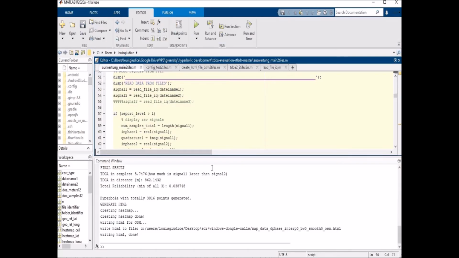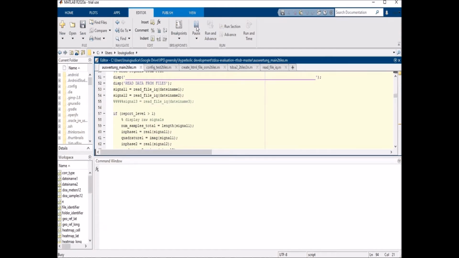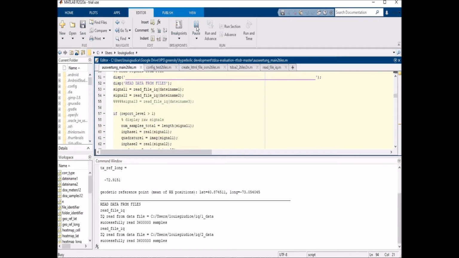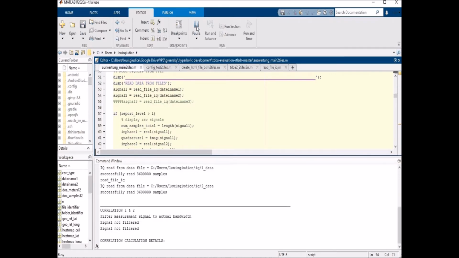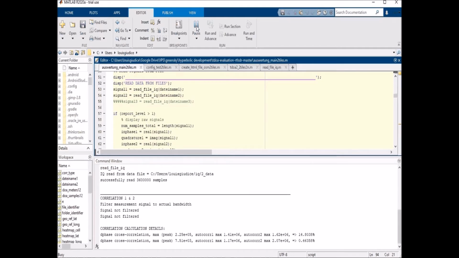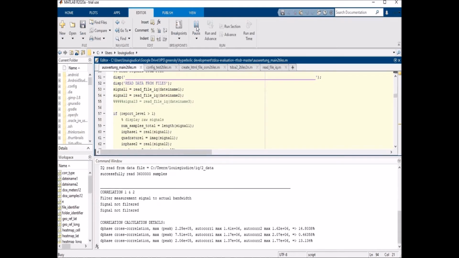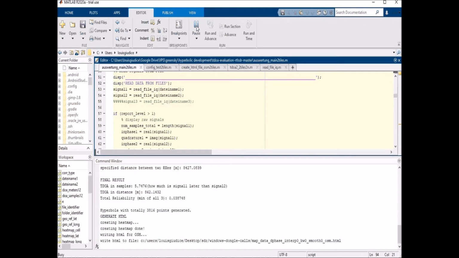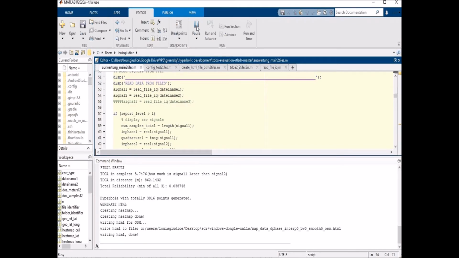Okay, so here's the MATLAB program all loaded up and ready to go with this correlation magic. So I'm going to run it. And it's taking in both files. It's going to do that calculation. And then it'll display some graphics. And it'll generate a